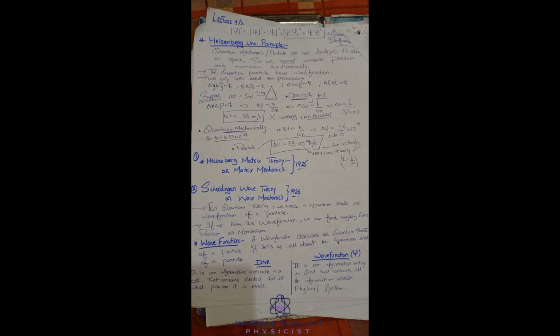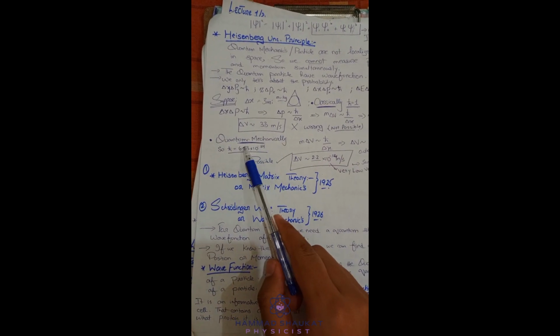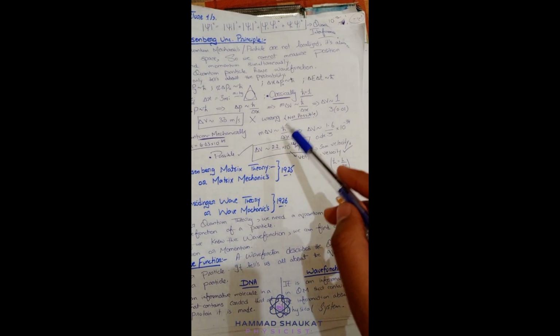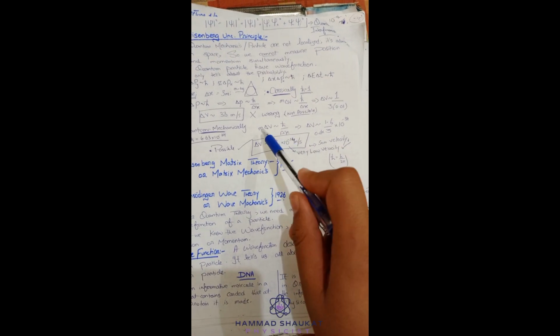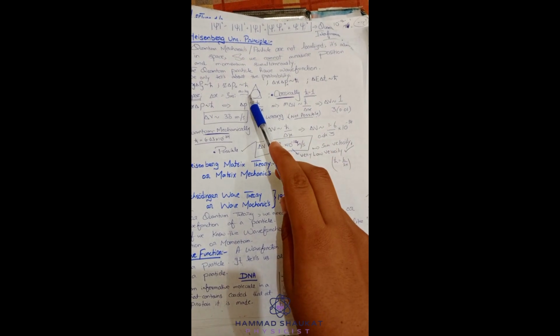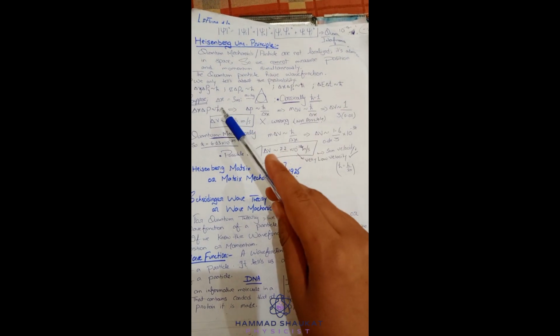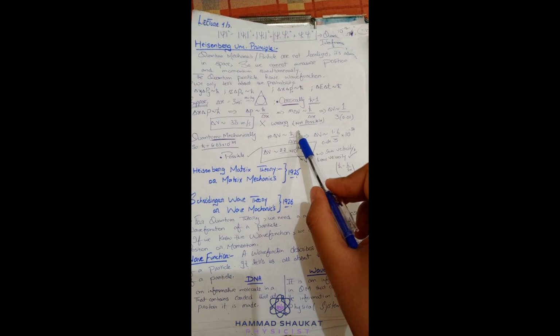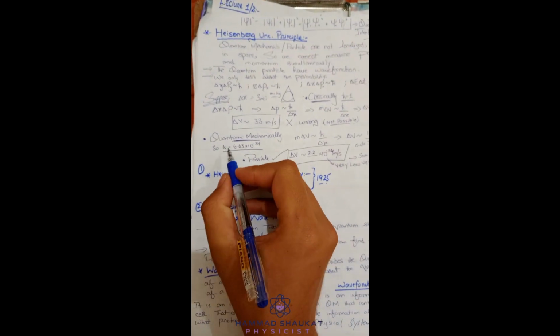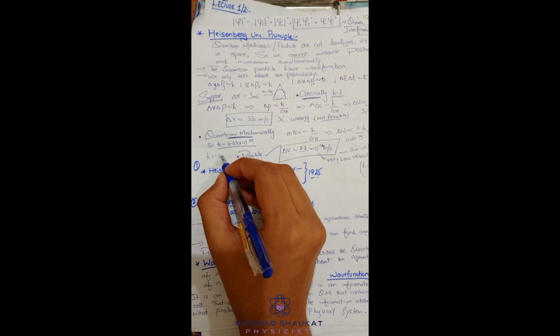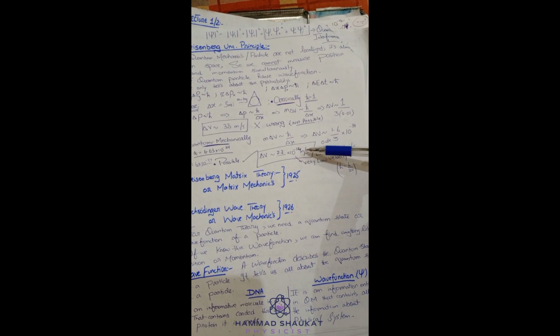So now move towards quantum mechanics. In quantum mechanics, you know what is the value of this h cut? 6.63 into 10 raised to minus 34. So let's again put the values. Here we get delta v equals m goes downside, m delta x. M is 10 grams, so 0.01 kg, and position 3 meters. And h cut is replaced by 1.6 into 10 raised to minus 34. Basically, this is the value of h cut. So put the values, you will get this answer, 2.2 into 10 raised to minus 34.